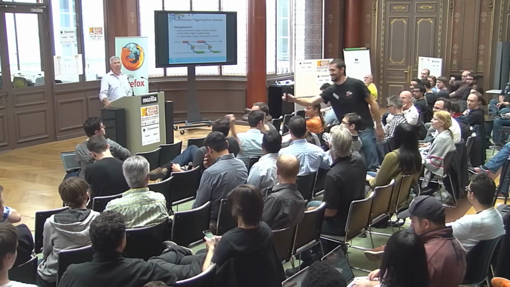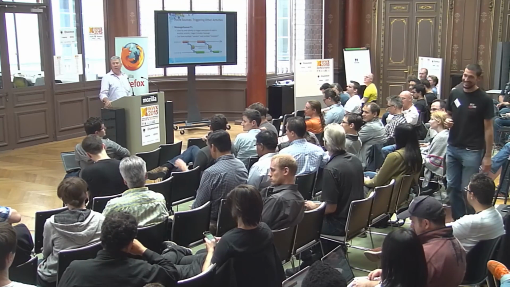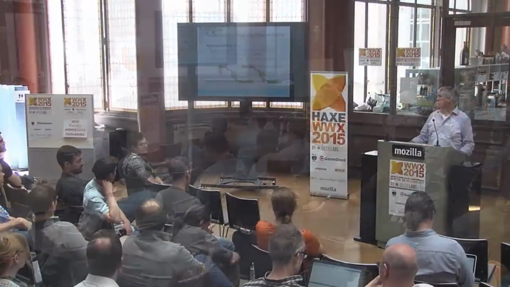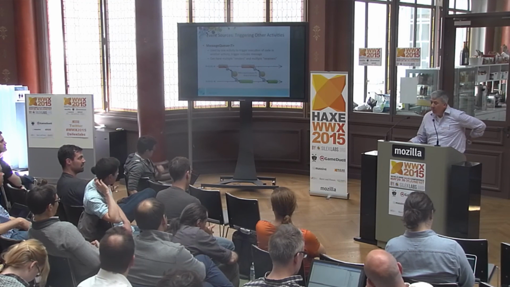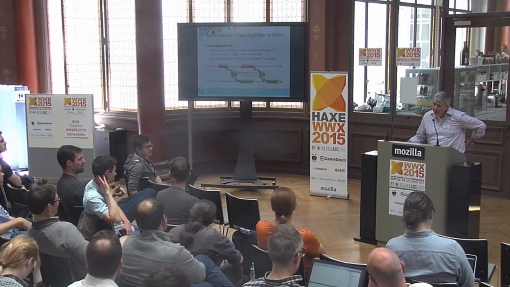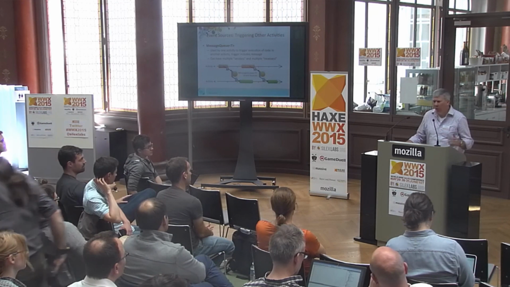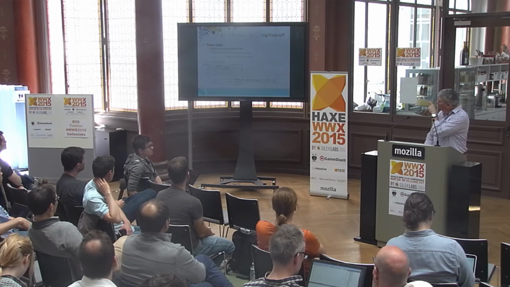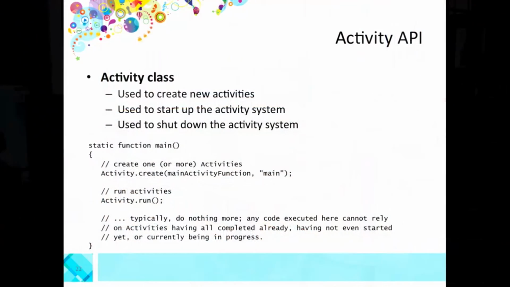Last one. You talked about bootstrapping this into Lime and OpenFL. What about simpler programs, like just starting to play with this in Nico? Is the process of actually opting into this run loop simple? Is it just, here's my main entry point? Yeah, I think since it's a pure Haxe implementation, it just works on Nico now. If you write that code right there, and replace my incredibly awesome main activity function with your own, you're good